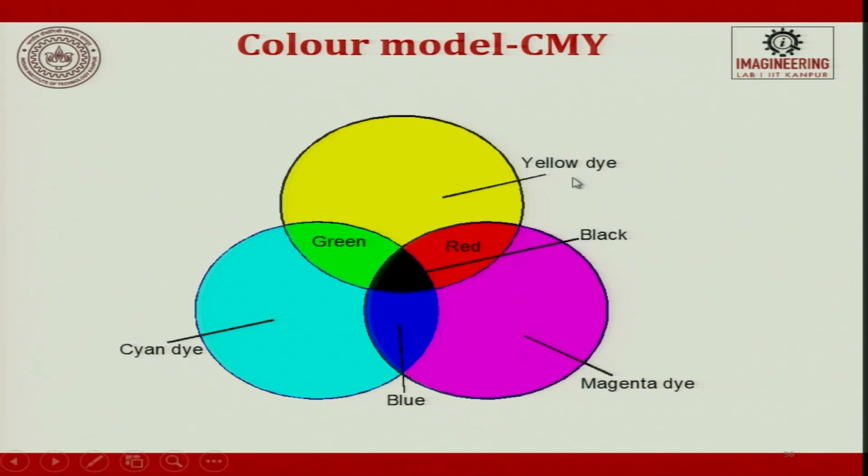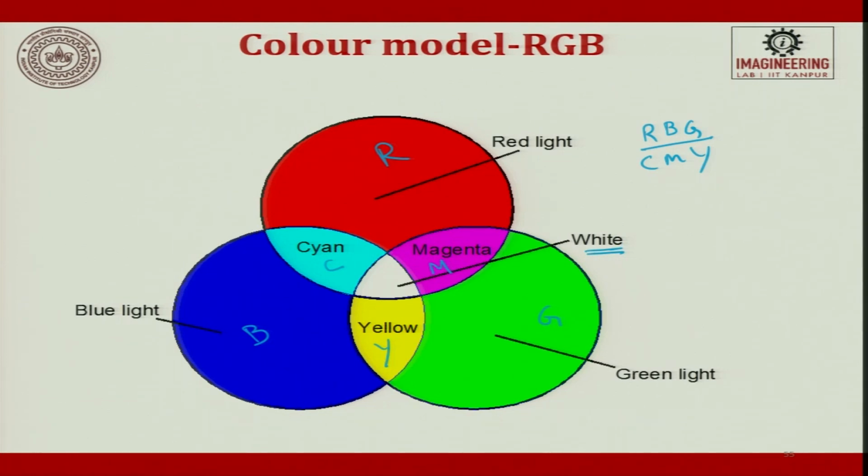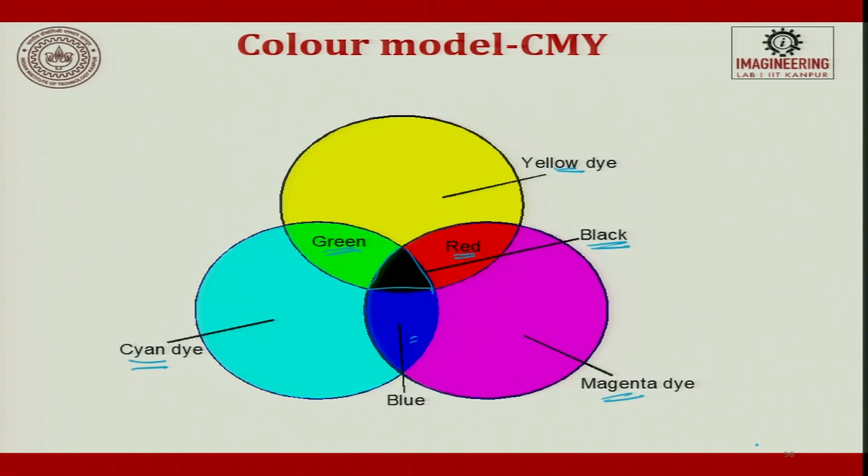When we try to do CMY, C becomes cyan, then yellow, then magenta. So, whatever we had, green, red, blue, when we merge these two, you get this green, red and blue. Now, what you get in the center portion is black. When you look into the previous one, the center portion was white, and now with this C, M, Y dye you apply, the center portion is black. So, this is the second coloring model, the CMY model.